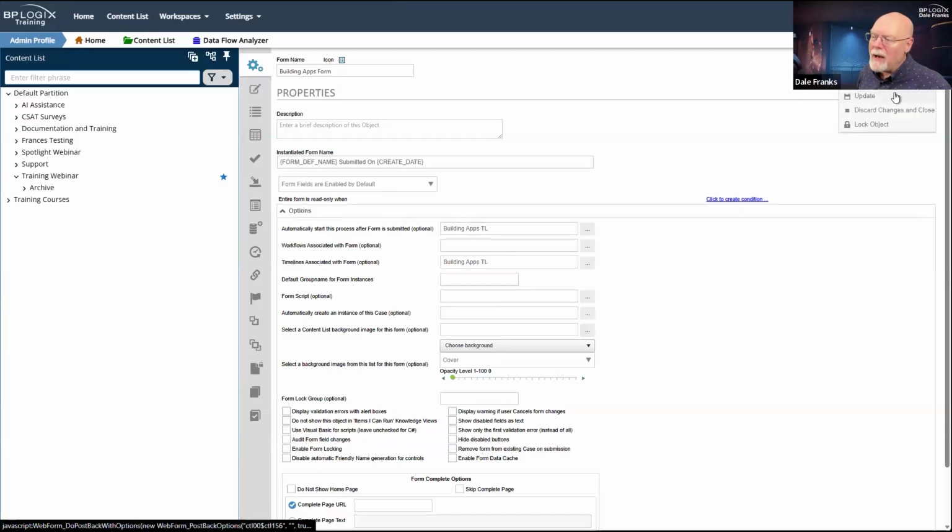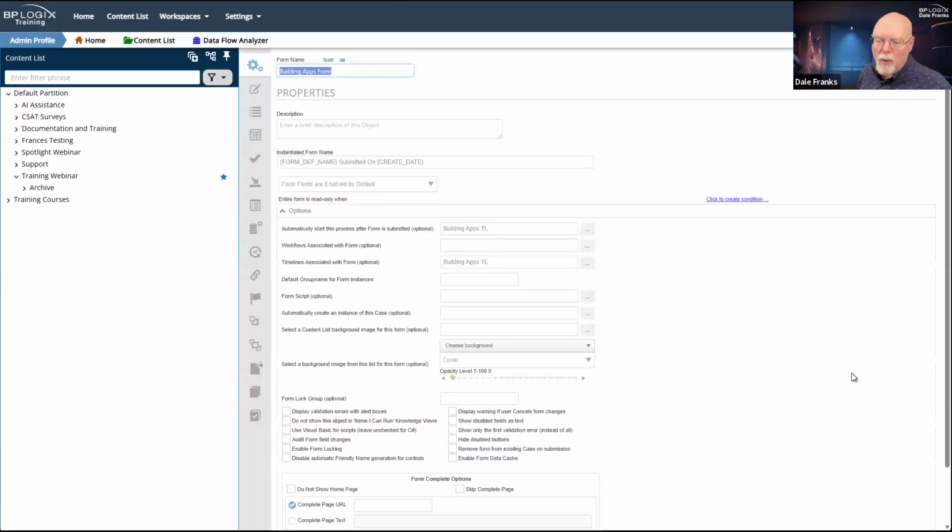And we're going to go ahead and update so we are saved. So at this point, it doesn't do anything. It has no form fields. It has no information, but technically, I have a working application. I have a form that I could submit. It will invoke an instance of a process timeline. It will send me an email. The email will be blank, but it will send one to me.